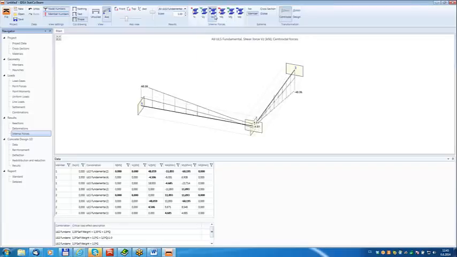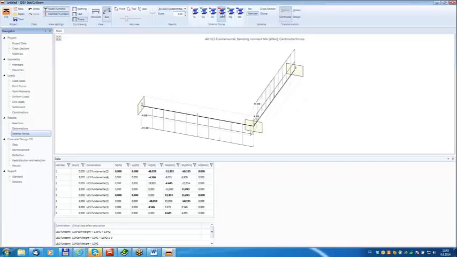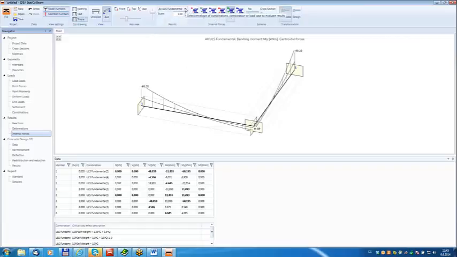Here we have a shear force. Here we have torsional moment. Mz will be 0. Okay, so My is here. We can select also, those are the envelopes from all ultimate limit state